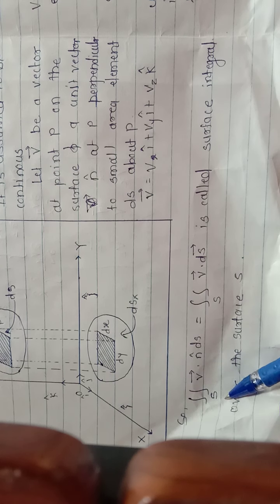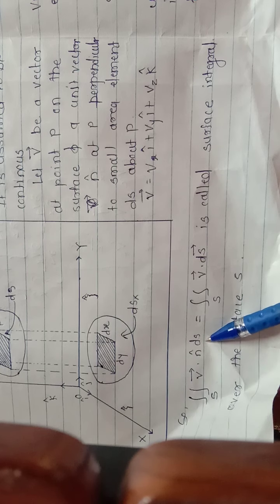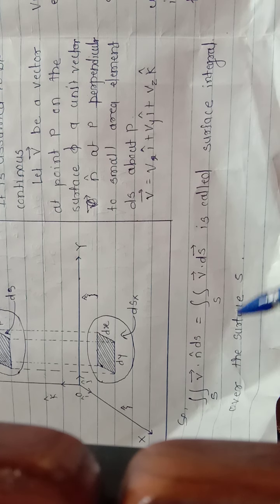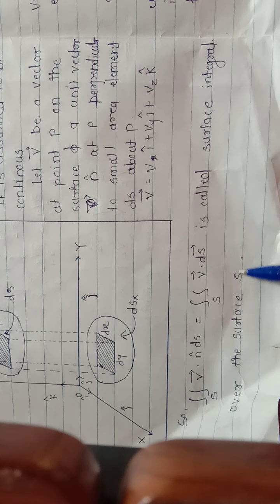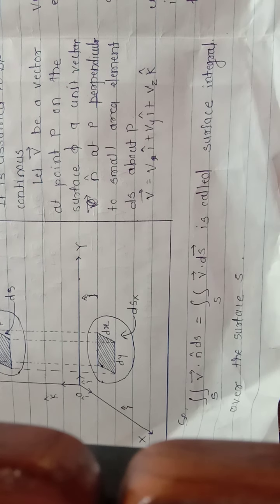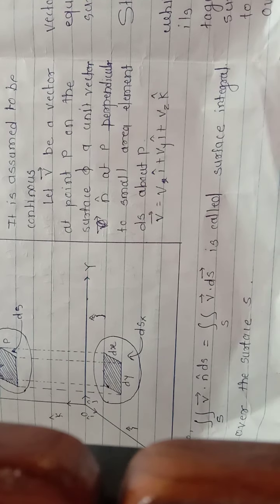Double integral over the surface, v bar dot n cap ds, v bar dot n cap ds, is equal to surface integral v bar dot ds bar. It is called the surface integral over the surface S. Okay, this is the surface integral, and